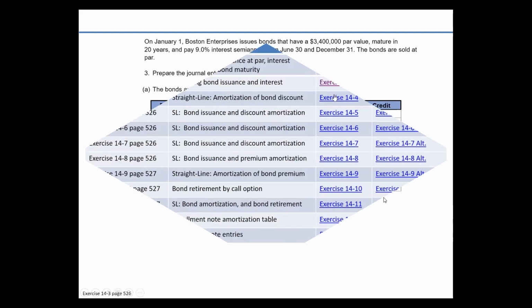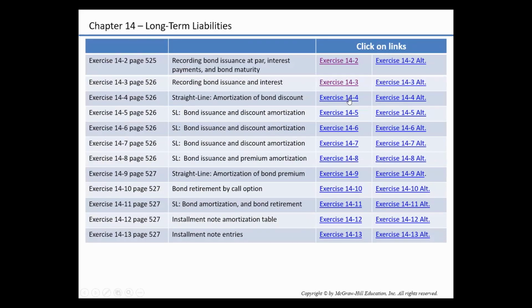A straight line amortization of bond discount. Tano issues bonds that have a par value of 180,000 on January the 1st of 2019. The bond's annual contract rate is 8%, and the interest is paid semi-annually on June the 30th and December 31st. The bonds mature in 3 years. The market rate at the date of issuance is 10%, and the bonds are sold for